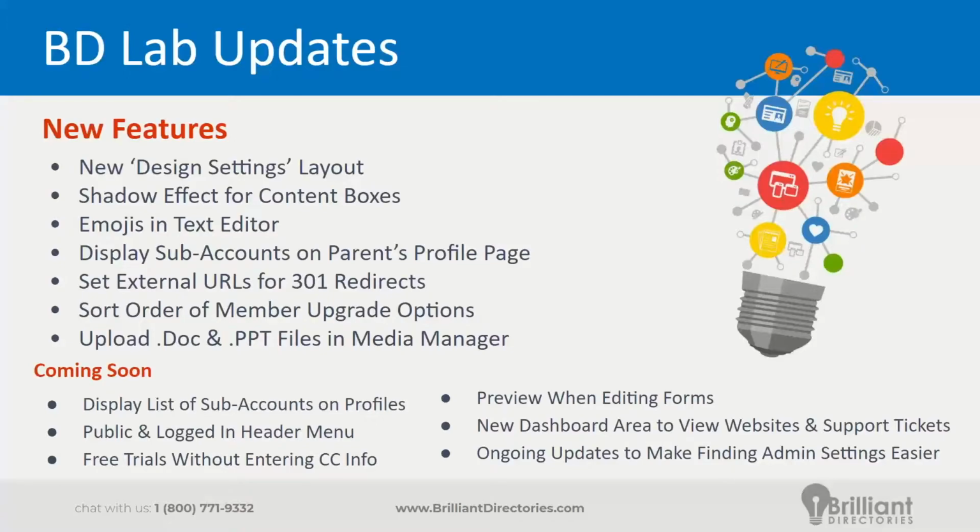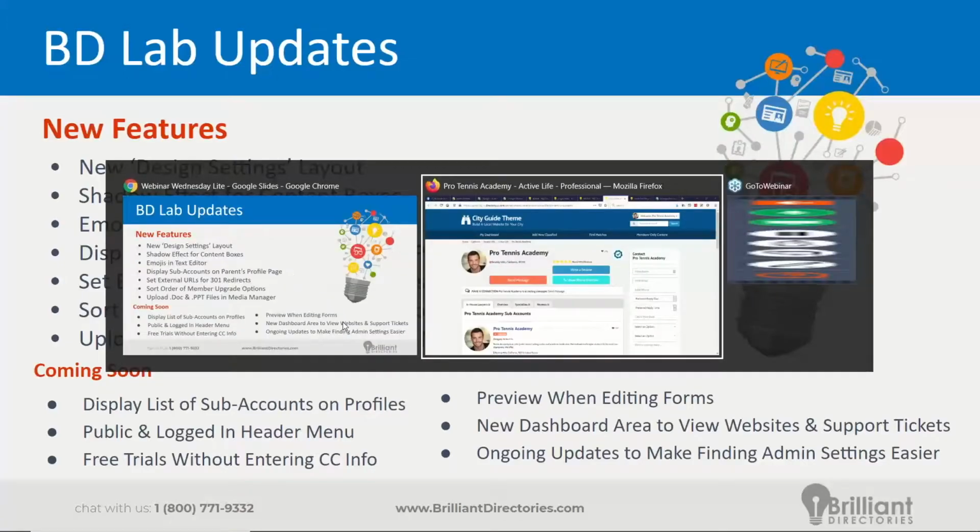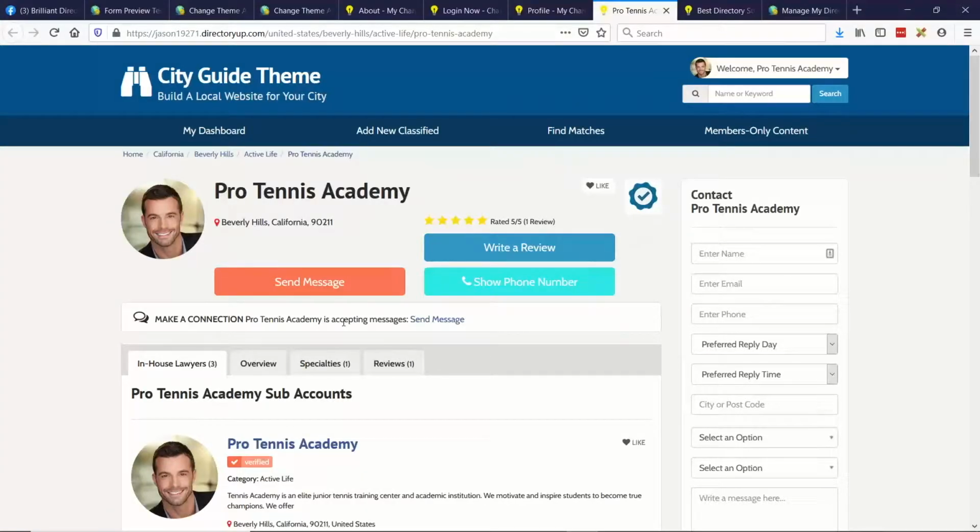Before this update, it would only support sending people to internal links on your website. So if people go to this page, send them to this other page on my website. But now it does support external URLs as well, and I'll show you exactly how that works. You don't need to do that too many times. It's not too often you're sending people to external sites, but like the Facebook group example, that's how we're using it for Brilliant Directories.